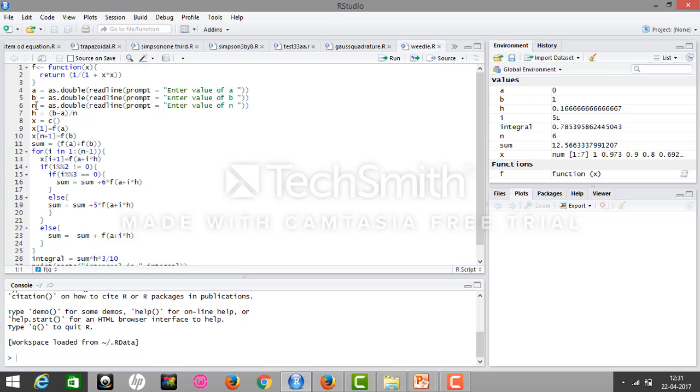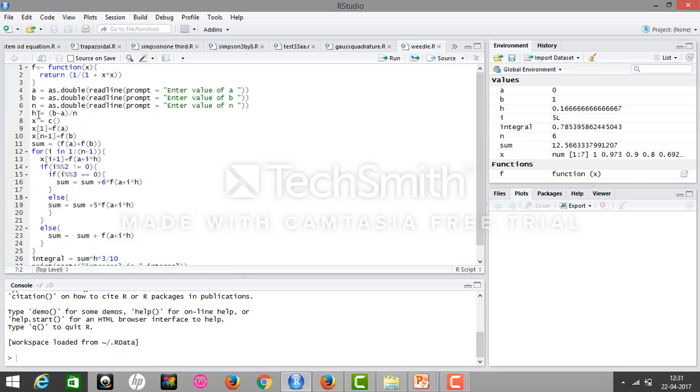A, B and N are the inputs from the user that we have already discussed in our previous chapters and videos. That is, A is the lower bound, B is the upper bound, and N is the number of divisions we want to make.